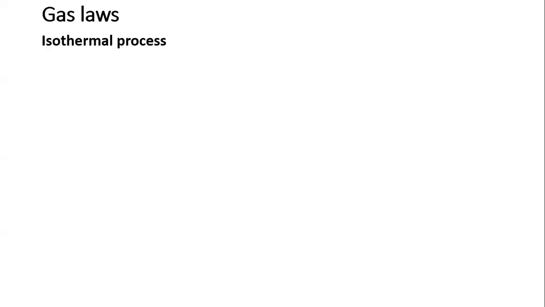Iso, we've used in the past to refer to something that remains the same. Thermal refers to temperature. So an isothermal process refers to a process carried out on a gas at a constant temperature. As long as the temperature remains constant throughout that process, then that process is an isothermal